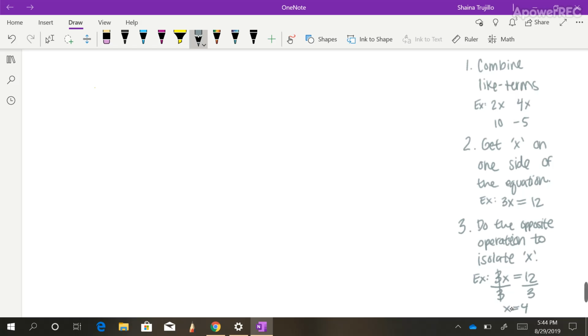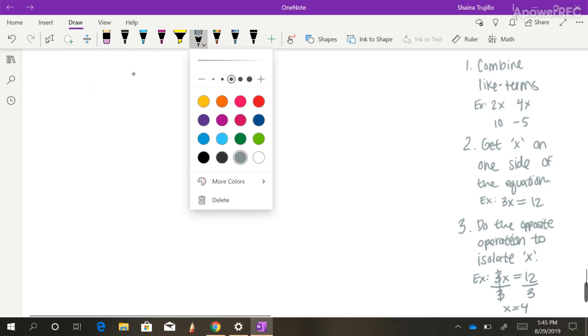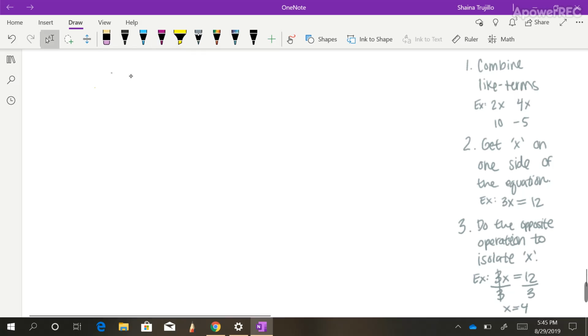Okay, so I'm going to give an example problem. Say you have 2x minus 5x minus 4 plus 3 equals 10. Oh my goodness. Okay, well there are 2 sets of like terms here. Set 1, I'm going to do in purple. Set 1 is 2x and -5x. Set 2 is -4